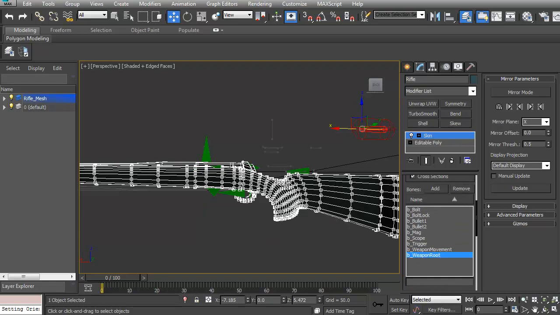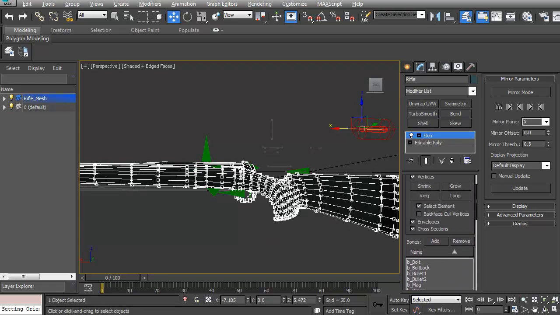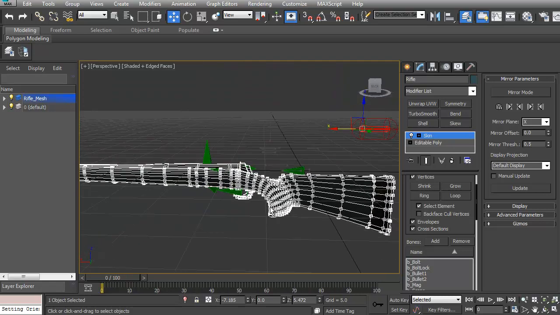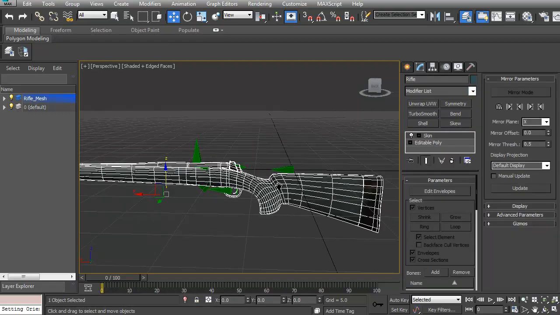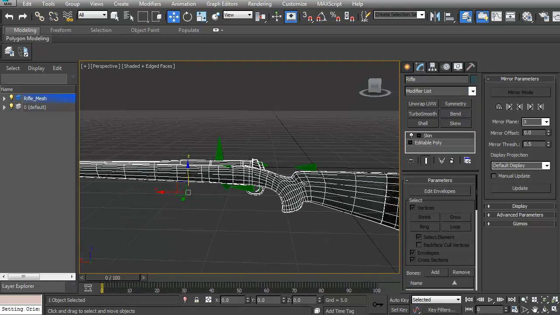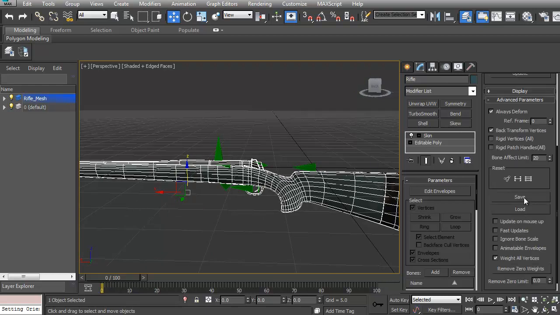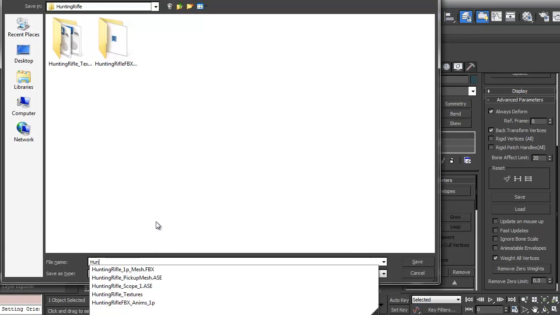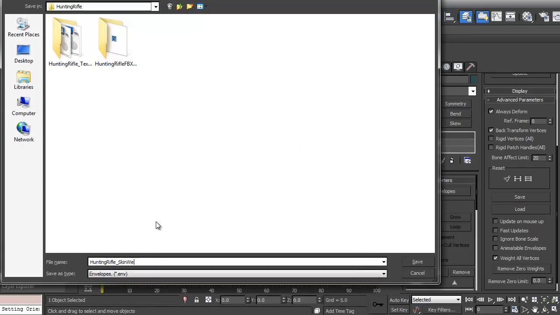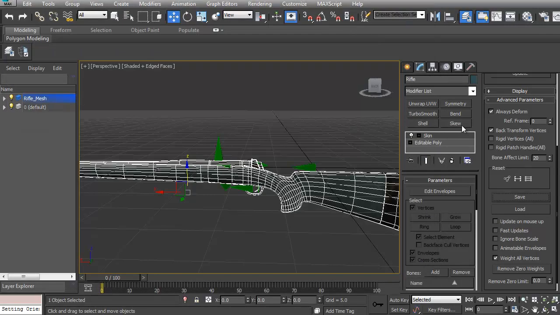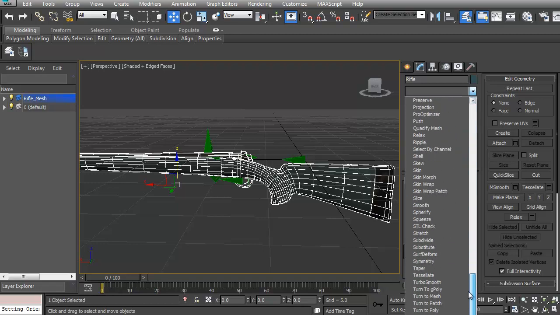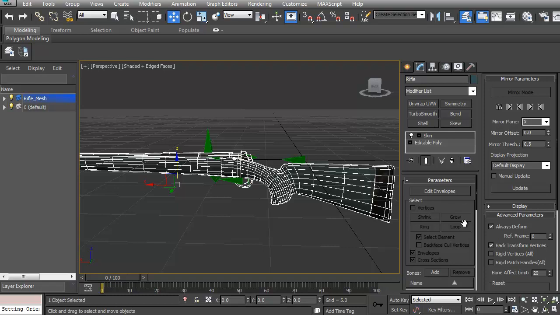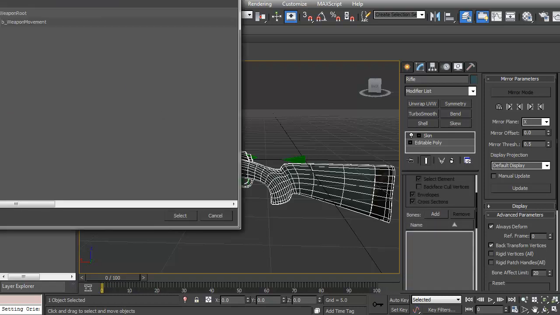Which means that I gotta dump the skin modifier. Oh, can't dump it. Actually, here's what I'm gonna do because I want to not have to do that again. Advanced parameters, I'm gonna save the skin weights, so it's gonna be called HuntingRifle skin weights.env. Save. Now I'm gonna convert this to an editable poly, re-add the skin modifier, add the bones,